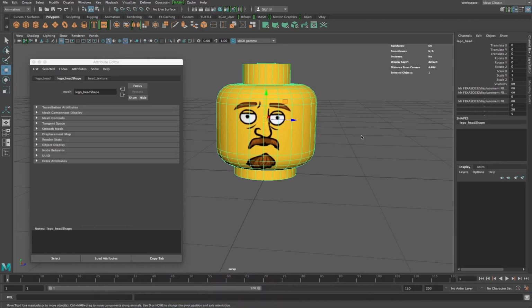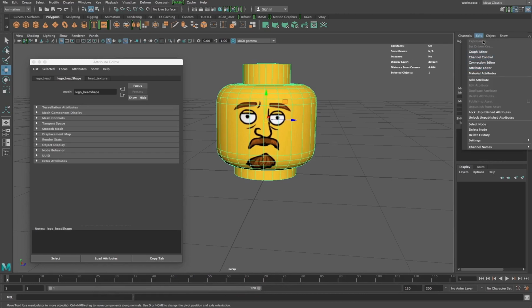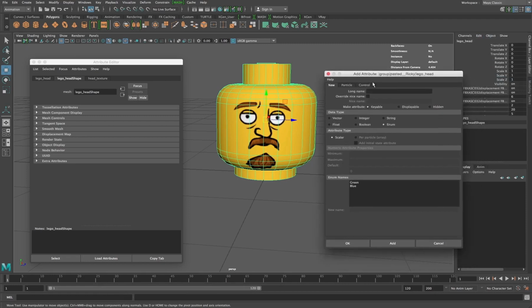With this selected, I'm going to go to add attribute. I'm going to do 2 of them for now. One's going to be the mouth control. There's an easier way to do this whole process, but if you want to separate the mouth and the eyes, then this is really the only way to do it. We're going to name it, set it to enum, and the mouth control is going to have the phonemes in it. I'm going to start with rest, so him doing nothing, and then we'll do the